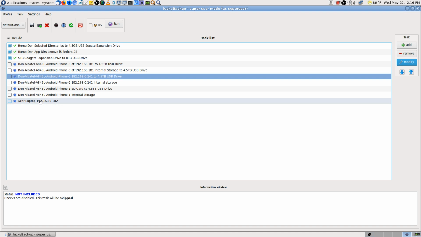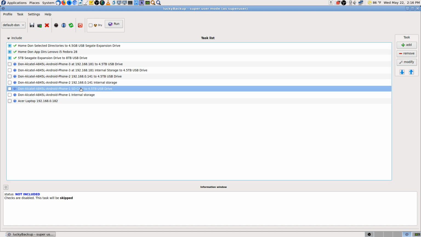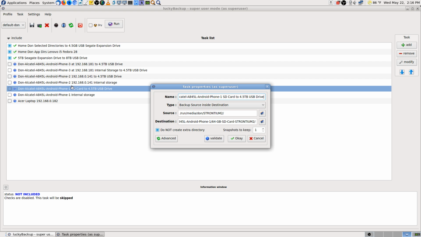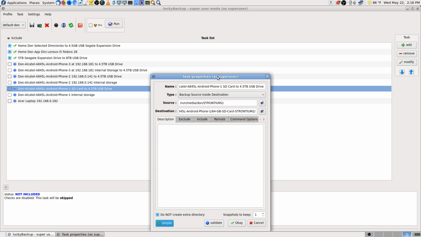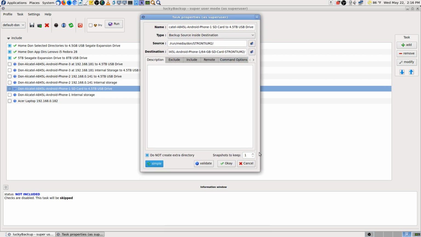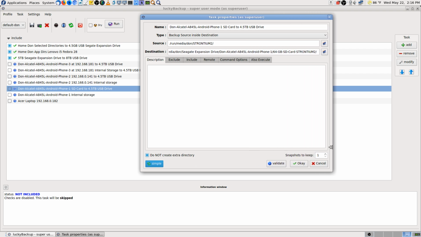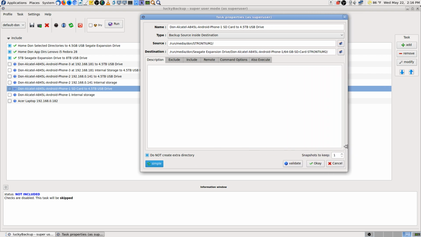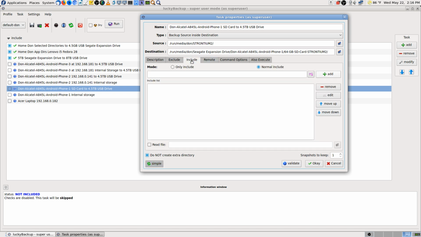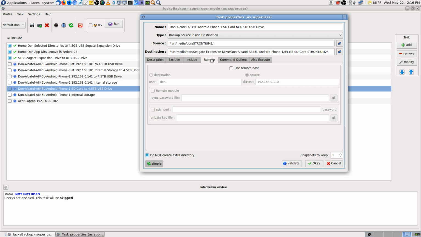And modify that one. Phone 1. I want to get where I can read everything here. There we go. Okay, now I'm not going to use any excludes. Normal include just like usual. Good. This was backing up, it was getting it from when I plug my SD card into a USB adapter